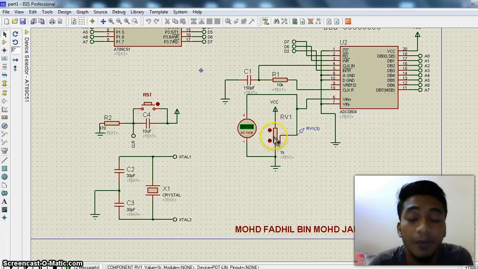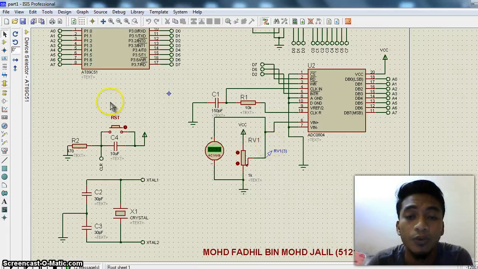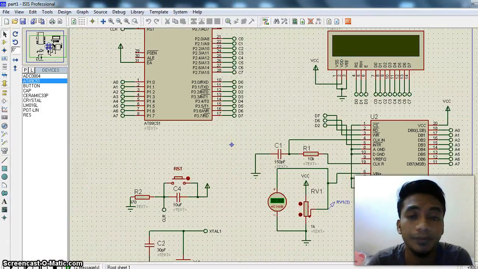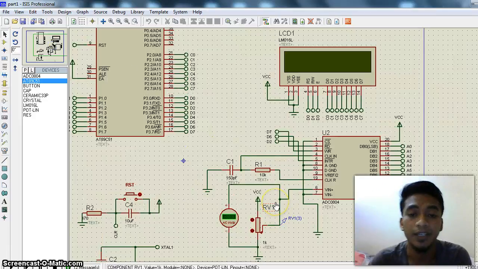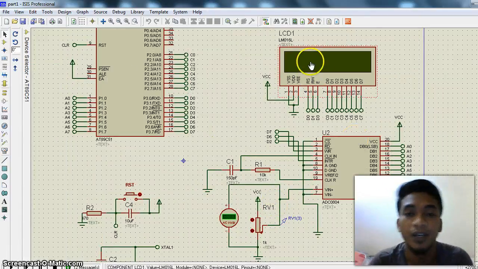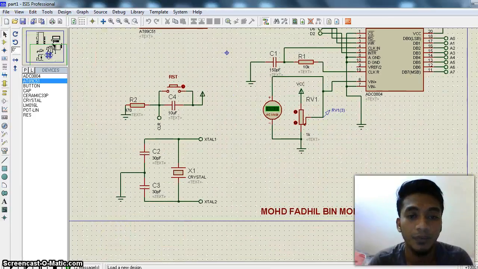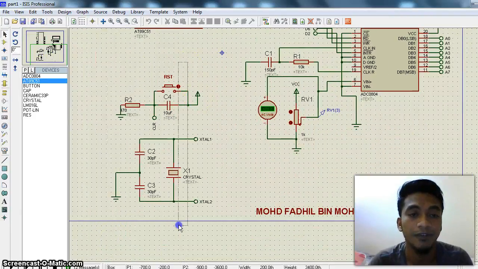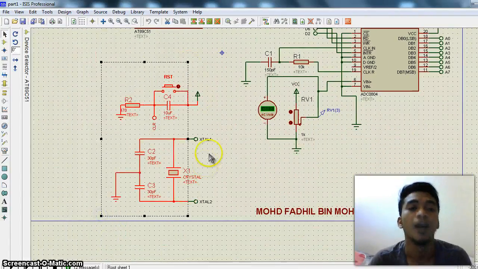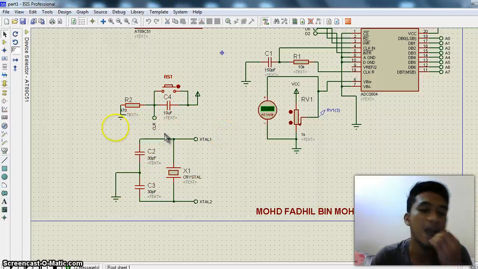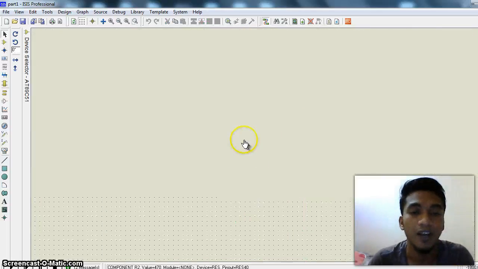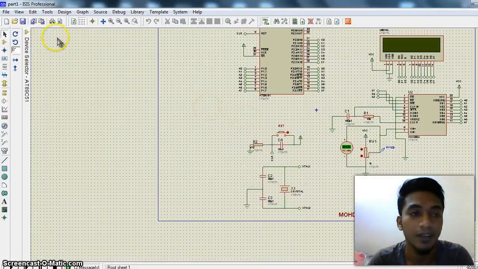The variable resistor is used to adjust the reading that will be displayed on the LCD. And this is the basic circuit for the 8051.